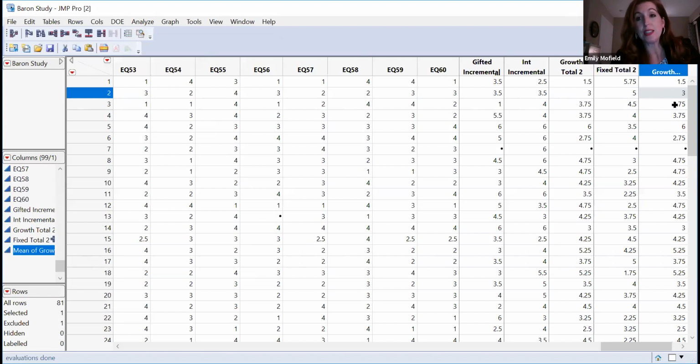Now, you actually just need to learn about your instrument and see how most studies report the domain. Do they report it as the mean score of those questions, or do they report it as the total score? So you need to think about that as you build your data set. All right, so that's how you do a formula. Now let's talk about